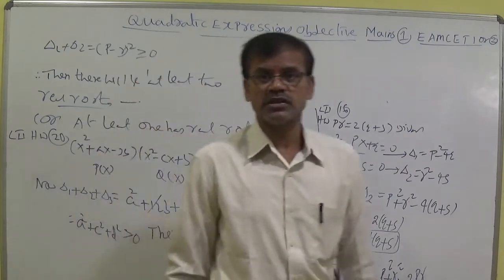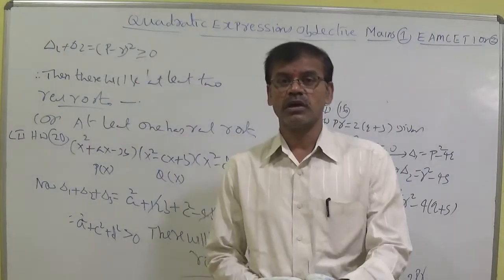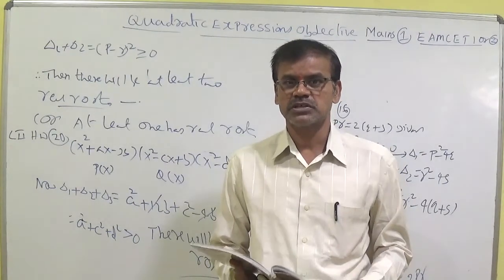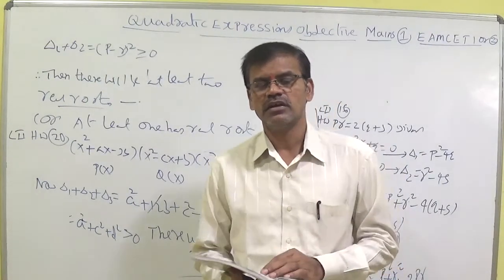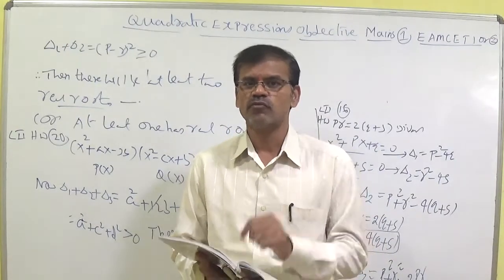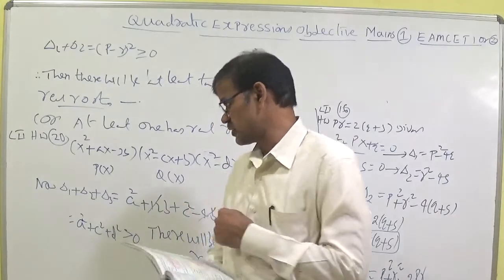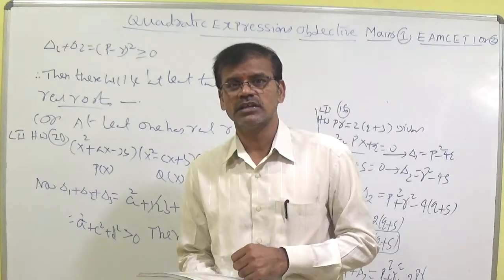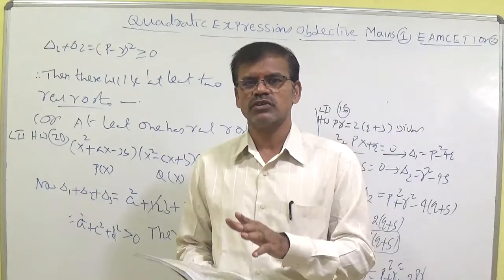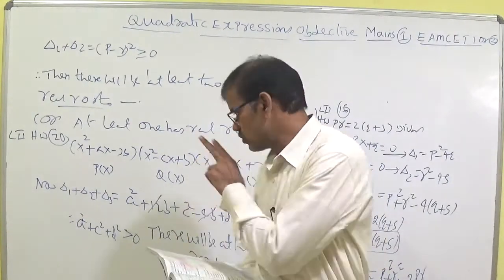Students may get confused that, sir, 3 equations are there. Maybe we can say it depends upon the 3 equations. If we multiply the 3 equations, we will get a 6th degree general equation. Then we can conclude that maybe 4 real roots are there, because delta 1 plus delta 2 plus delta 3 overall is greater than 0. Students may get confused, but don't get confused that it has only 2.